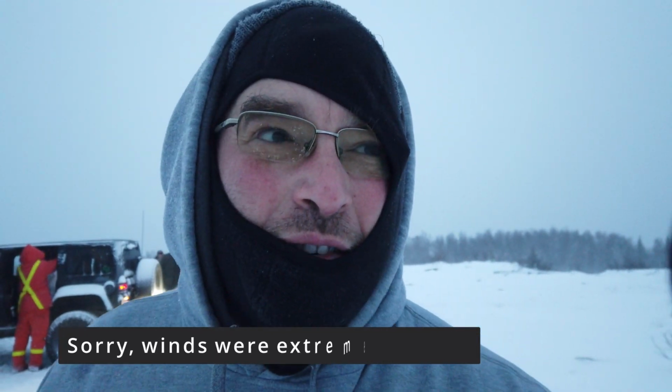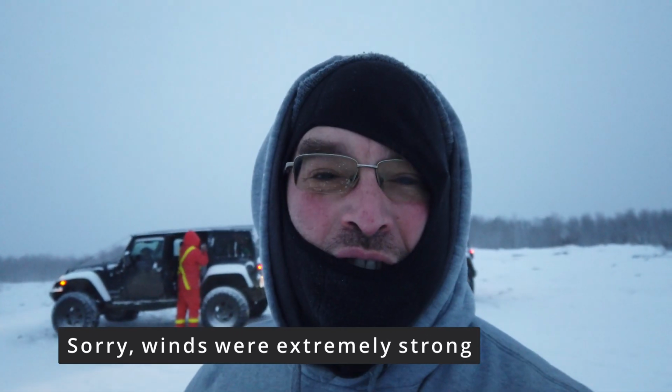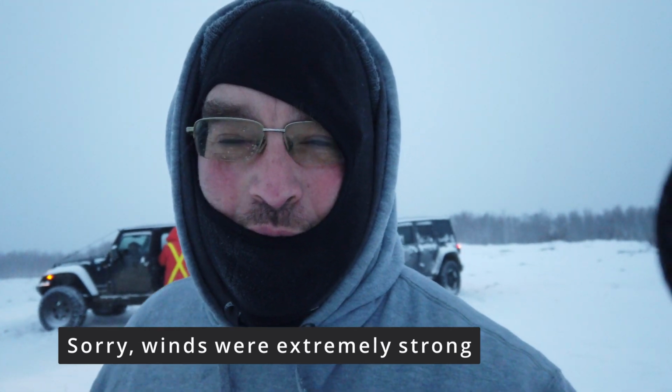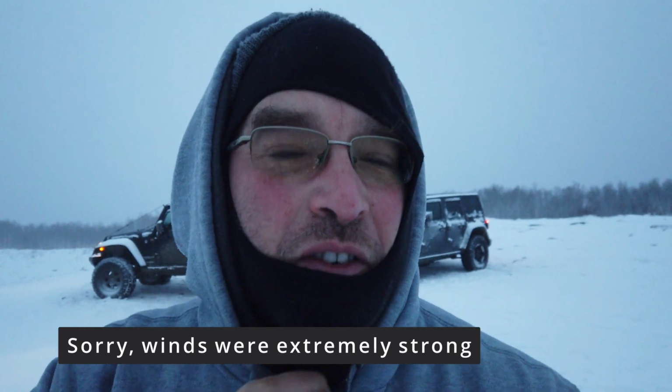Good night overlanding. It was pretty cold, but anyway, the brake gear kept us warm all night long. I think it was down to like -8, -9. The snow is starting to pick up now. As promised, we're getting a blizzard. It's a little hard to see with all the face covering on, but anyway, we're gonna hit the road